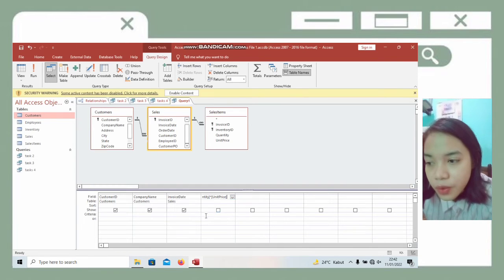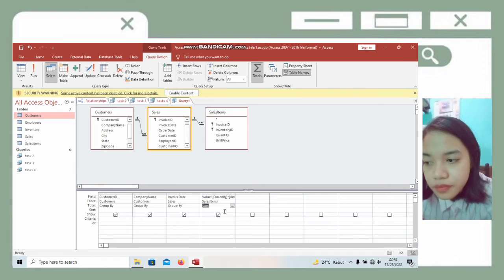Then here we choose sales item, and in the total row we right click and choose Total, then choose Sum and Group By Sum. And in the sort section we choose descending.